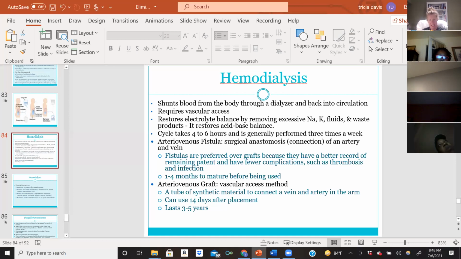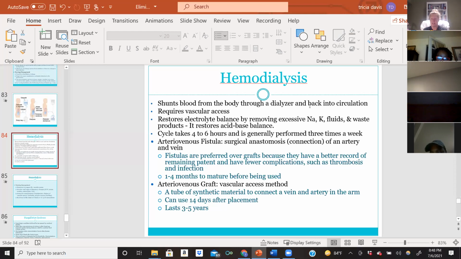The cycle usually takes, like I said, about 4 to 6 hours, and we usually do it 3 times a week. Some patients can get what we call an arteriovenous fistula or an arteriovenous graft. These are usually put in if the patient is going to have hemodialysis on a long-term basis. Fistulas are normally preferred over a graft because they have a better record of staying patent. There's a lower risk of complications